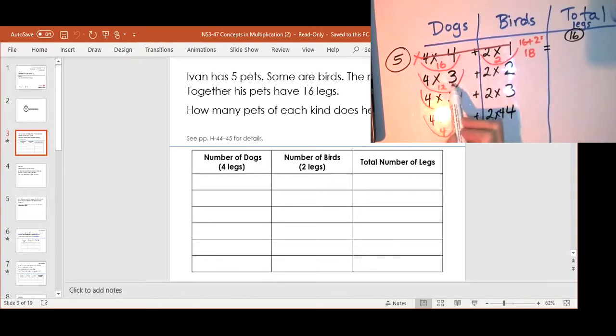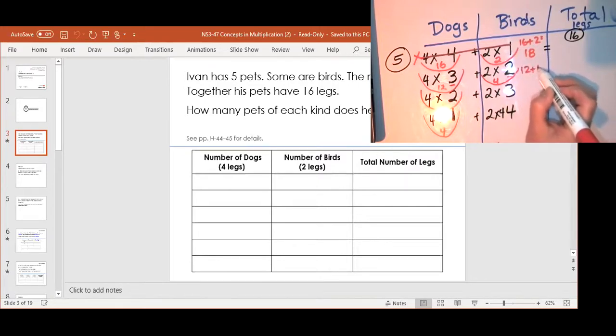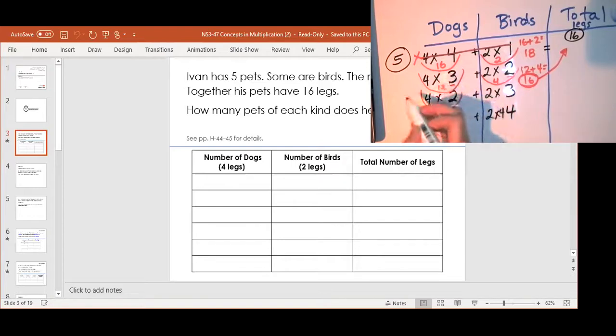But maybe he has 3. Remember, this is the number of dogs, and this is the number of birds. Maybe he has 3 dogs and 2 birds. So let's see. Well, 3 dogs will give him 12 legs. 2 groups of 2, if he has 2 birds, he's going to have 4 legs. 2 groups of 2 is 4. And what's 12 and 4? 12 plus 4 equals 4 and 2 is 6. 16. Look. That's the right answer. So he must have